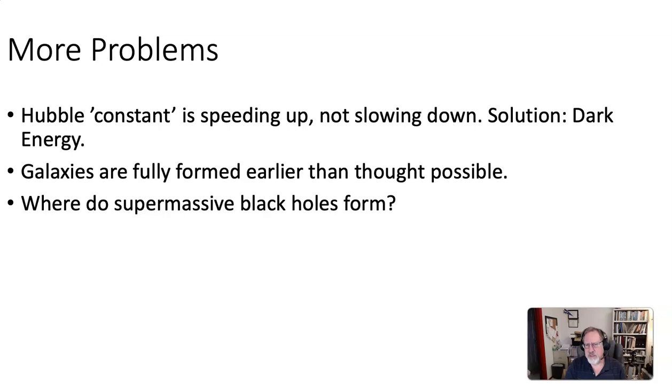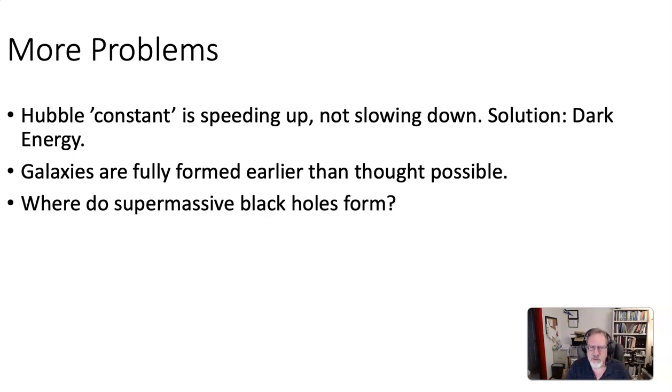So the Hubble constant. You look at the Hubble constant, and it should be going faster in the early universe and slowing down, but that's not the case. We see that the universe started out slow and speeding up. Why is that? Well, as I said, this is not a redshift due to the Doppler effect, is what I'm saying.